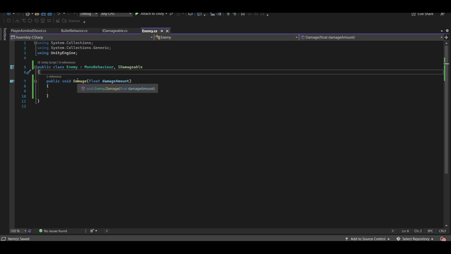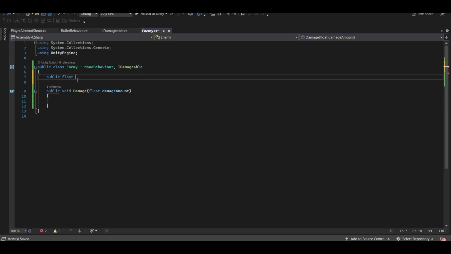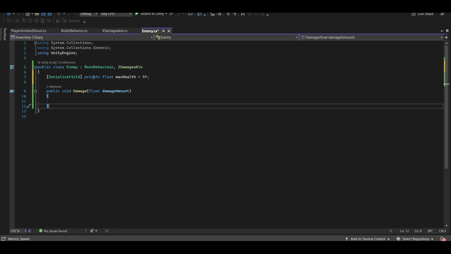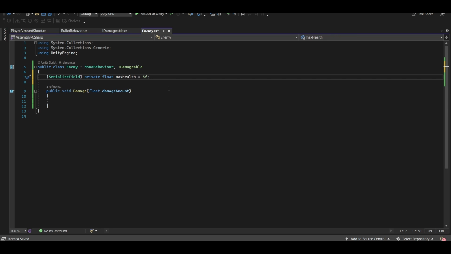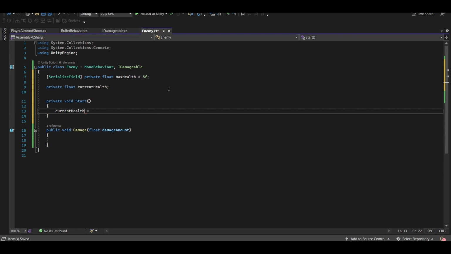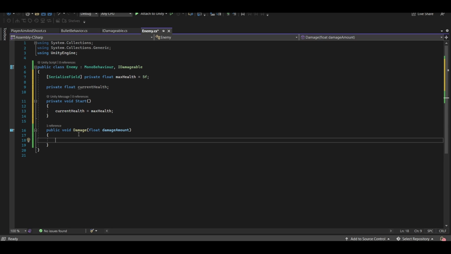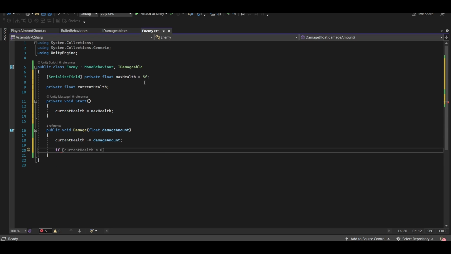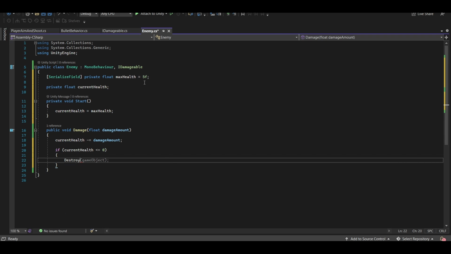I'm going to very quickly add some health in there. Okay, so we've got a serialized field, private float max health. I'm also going to create a private float called current health. And in our start function, we're going to make our current health equal to our max health. And inside of our damage function, we can actually apply some damage by saying our current health is minus equal the damage amount. And if our current health is less than or equal to 0,